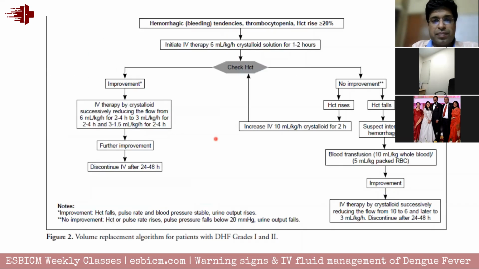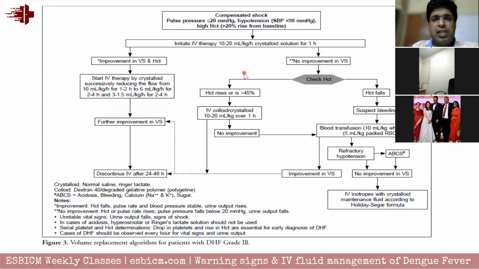All these guidelines say that the initial resuscitation is very important. Practically, if a dengue patient comes in, you give a fluid bolus of 1 liter in 1 hour, 1 liter in the next hour, then reduce to 500 ml per hour for a couple of hours, and then reduce to 200 ml, 150 ml or 100 ml. This fluid resuscitation in the initial 48 hours is very important, and most of the time it improves the patient.